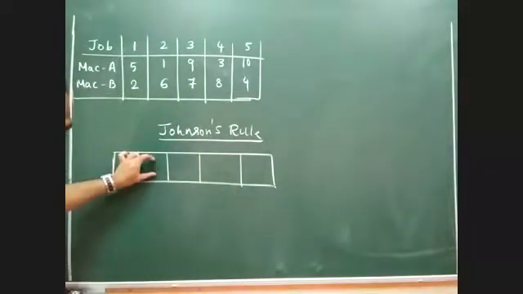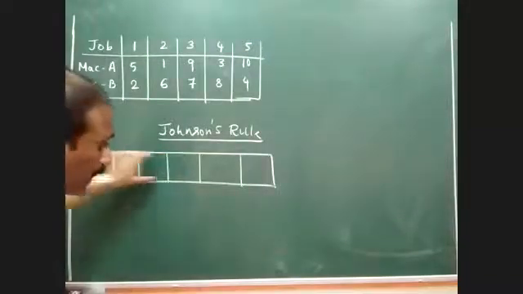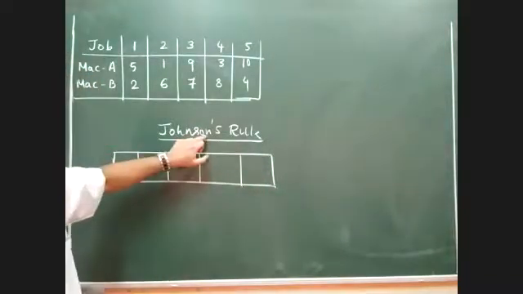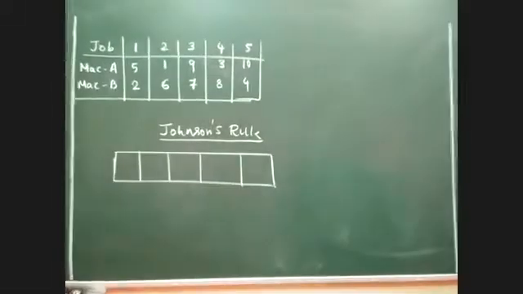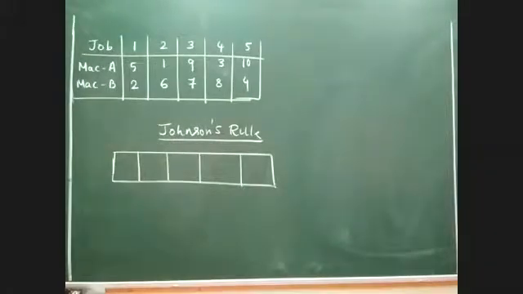Which job should come in this box, and which job in that box, has to be decided by applying Johnson's rule. Are you understanding? Johnson's rule will help me determine the order in which the jobs have to be processed. How to decide that is the next question. Now I want everyone to listen to me very carefully because this is the whole crux of the problem. If you make a mistake in the order, then everything is gone. The order is very, very important. You should not make any mistake in deciding the order, because the order decides the whole fate of the question.